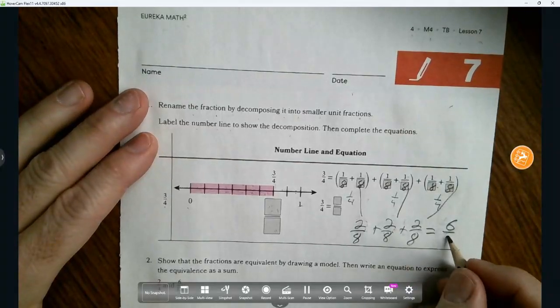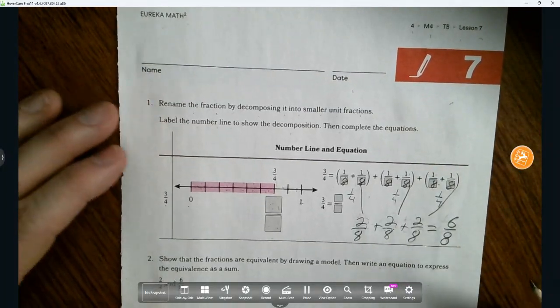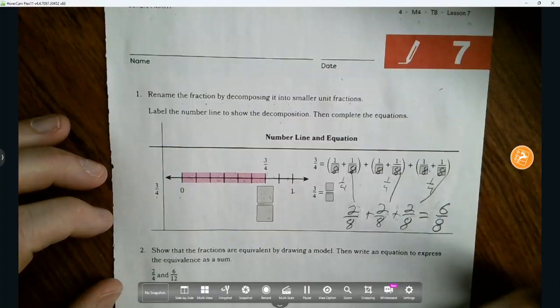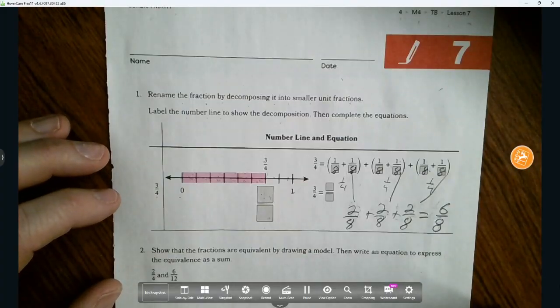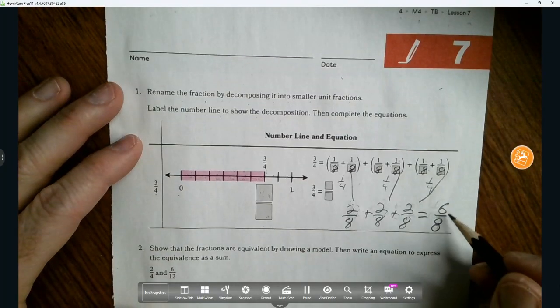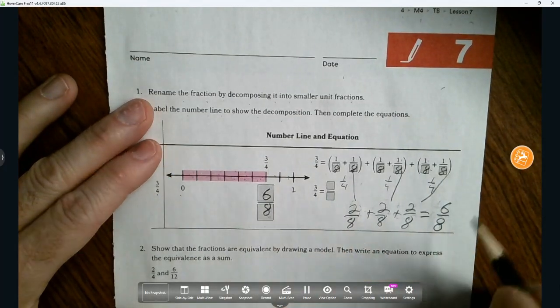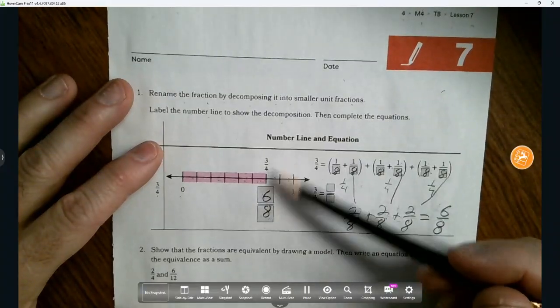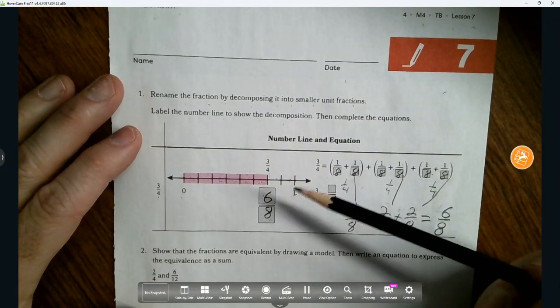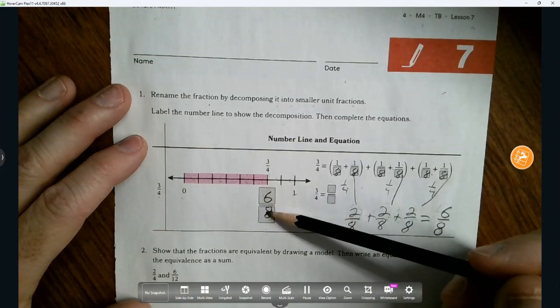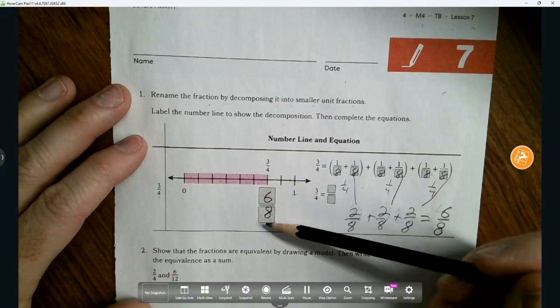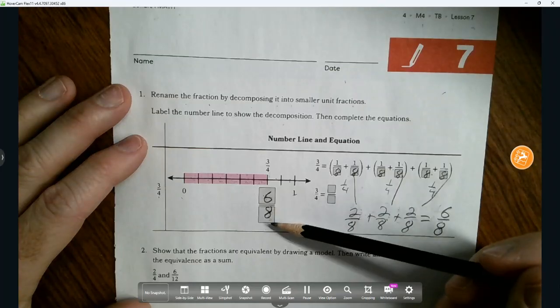That was a mistake. 6 over 8. I was reducing it in my head. So what I mean by reducing is, all right, we have 6 over 8. So that's right. So we're going to put 6 over 8 here. If we reduce 6 over 8, which we're not there yet, but we're going to get there. If we reduce 6 over 8, it turns into 3/4 because we can divide both of these by the number